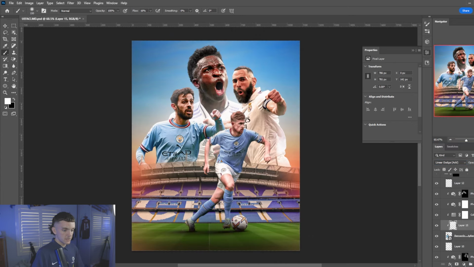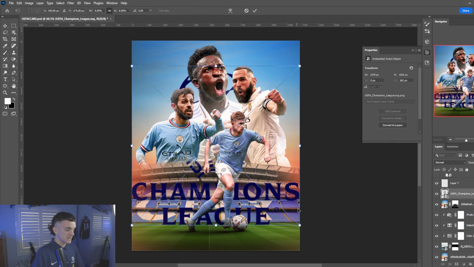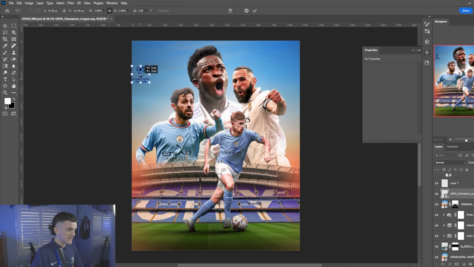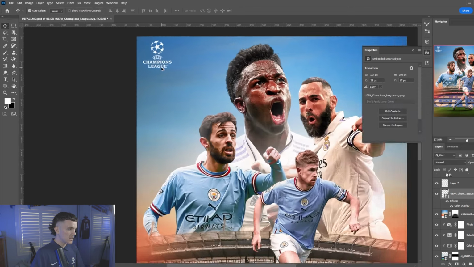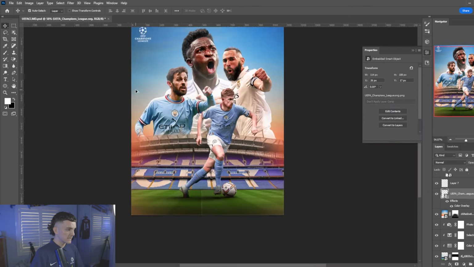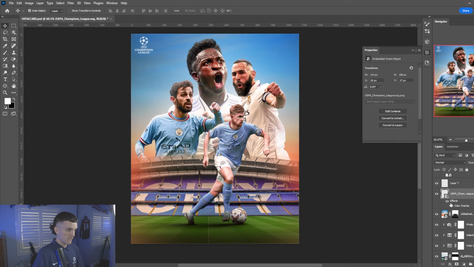And then what I'm going to do is use our UEFA Champions League logo. We'll put this in the top left corner. Click on the layer and our layer effects. Put the Champions League white on it just so this logo stands out. Then what I'm going